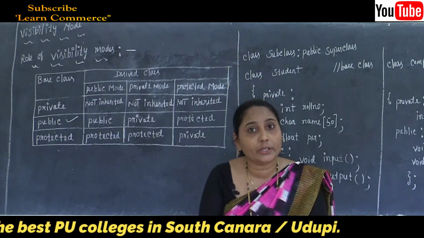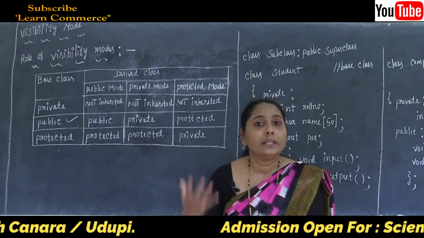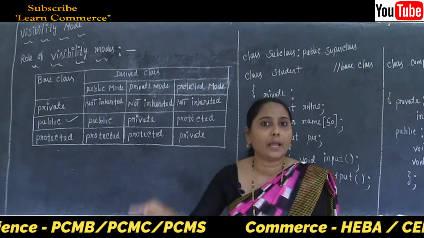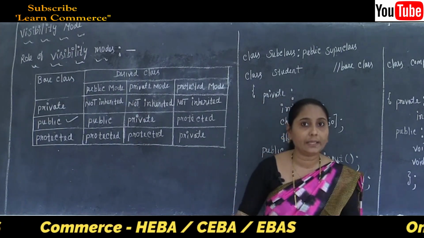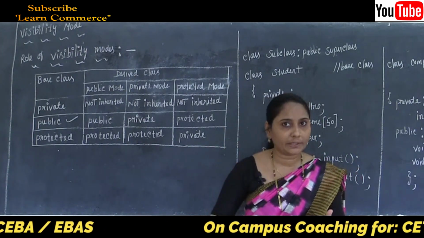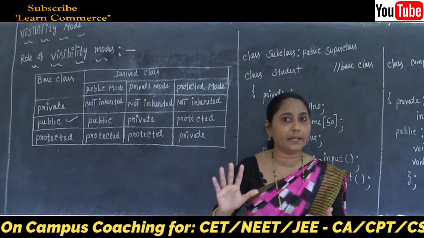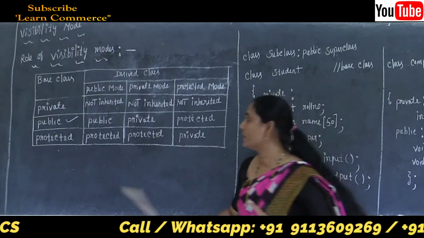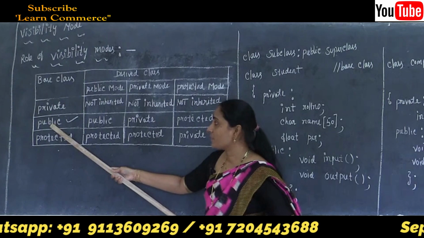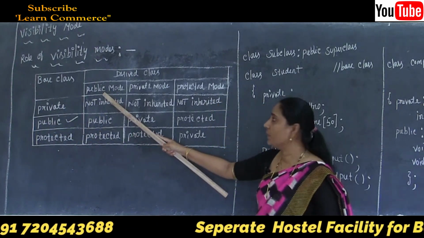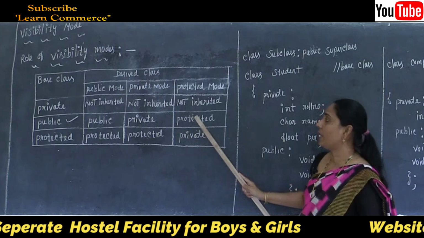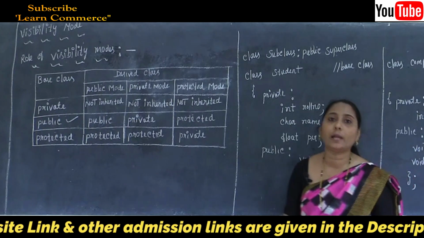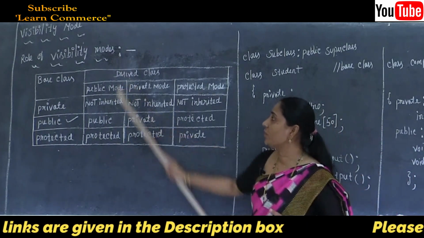So the most important note, I am going to repeat the note. The note is that all members of the class are inherited except private. That means whatever members are in the private side and also in the protected side, such members are not possible to inherit to the derived class side. Clear? Just one member is there, the public. Such public members we can shift to the public inheritance, to the private inheritance, and to the protected inheritance. So this is the most important question about our visibility mode.